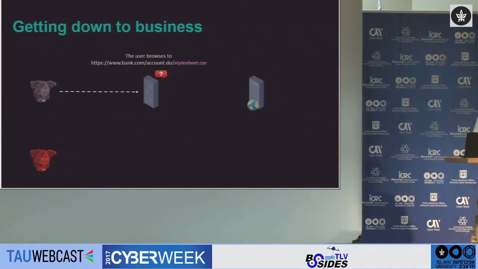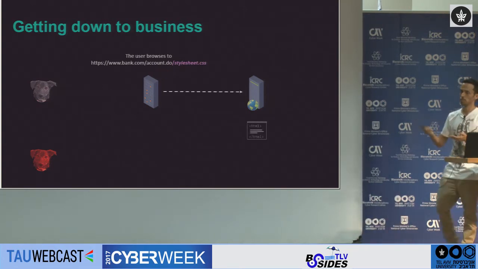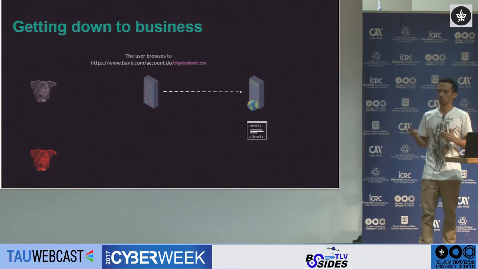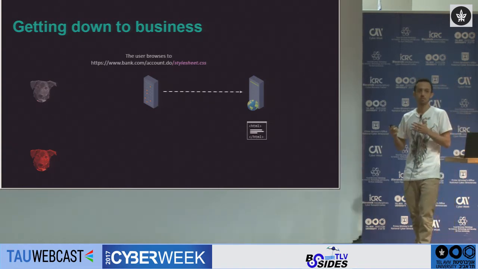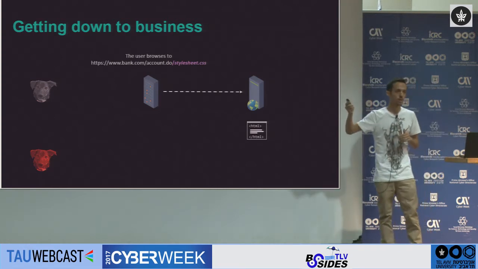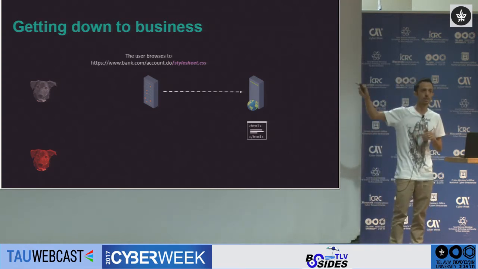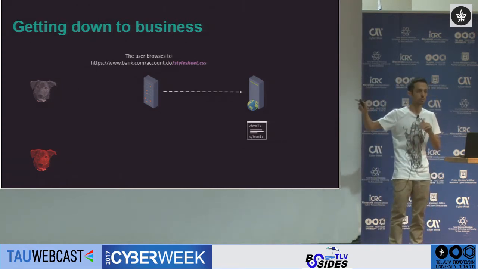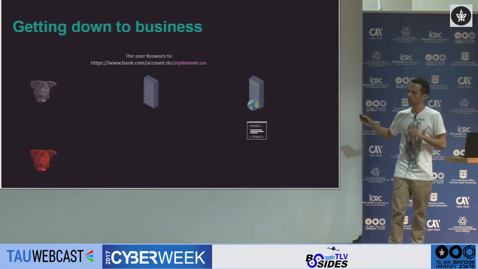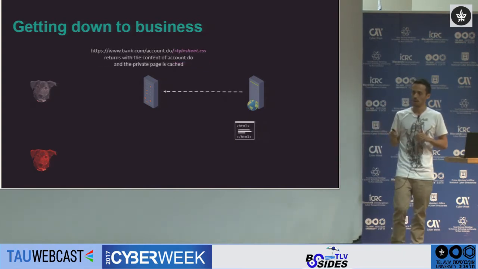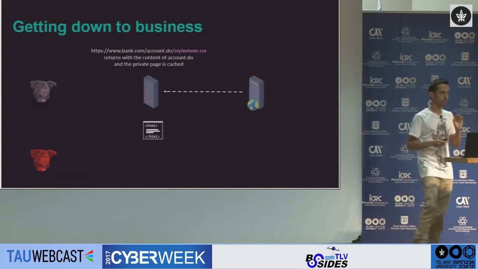So the caching mechanism is not familiar with this file, so we just send this request to the web server. Now the web server, as we just talked about, returns a 200 OK response, meaning the URL stays the same, with the content of Java's bank account, with their own private and sensitive content. Now this is sent back to the caching mechanism. And that's the most interesting part of the web cache deception attack,